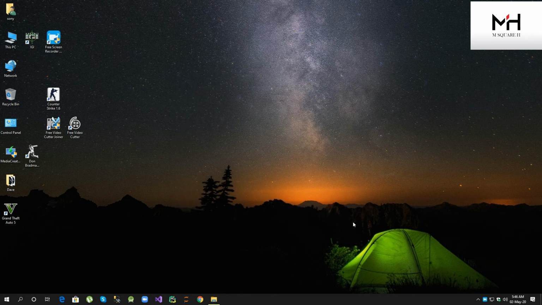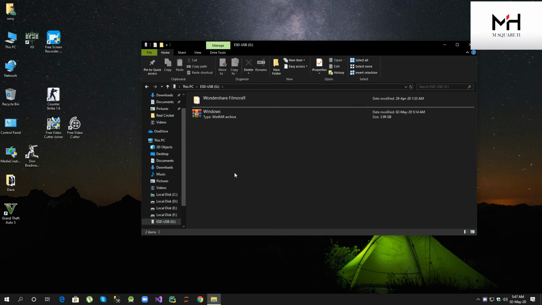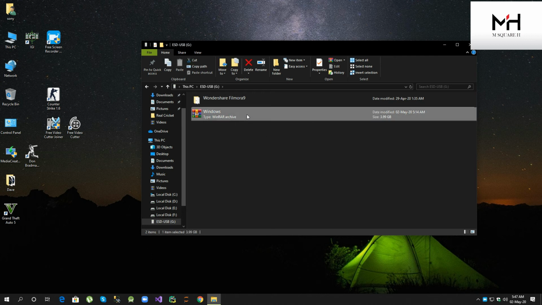Now I will go to my USB drive to see whether Windows 10 is installed correctly or not. I will open my USB drive and you can see that there is a WinRAR file that Media Creation Tool has created in my USB drive. So I will extract this file.